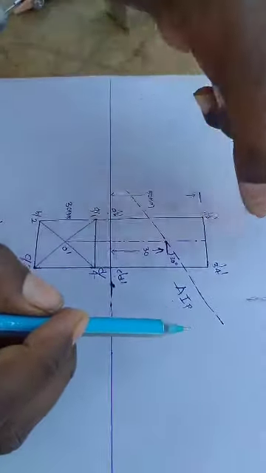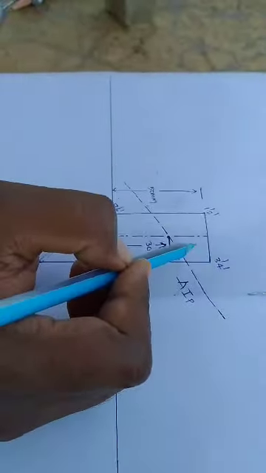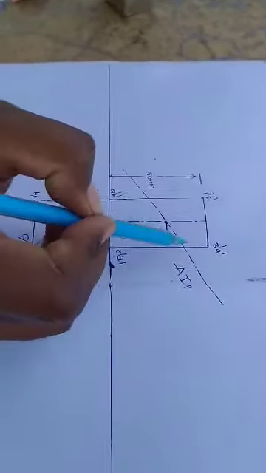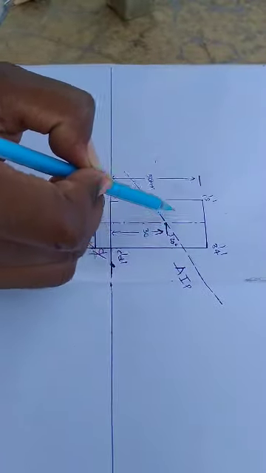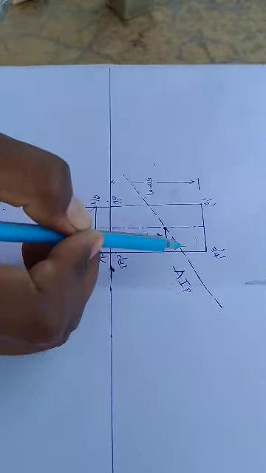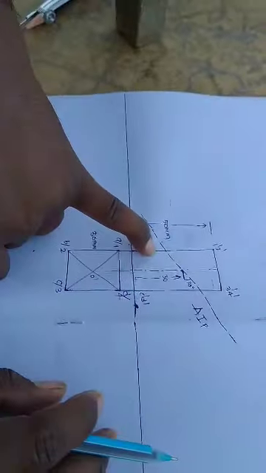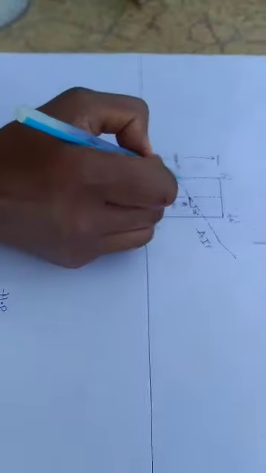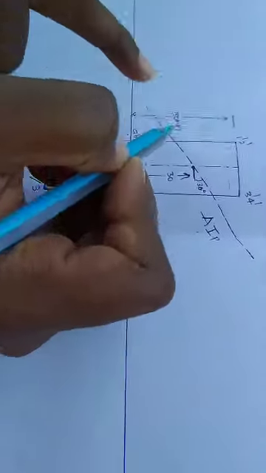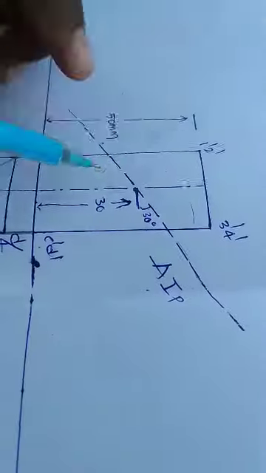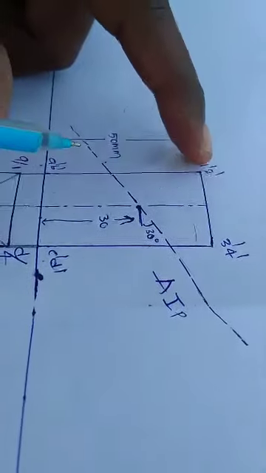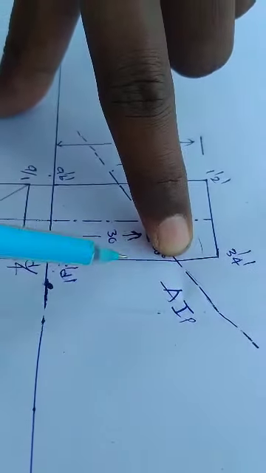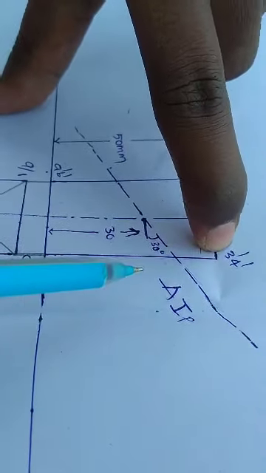You have to draw the top view of this cut object, the side view of this cut object, and also its true shape. Here we have the procedure. Listen carefully. The auxiliary inclined plane cuts the a dash b dash and 1 dash 2 dash line, and also the c dash d dash line and the 3 dash 4 dash line.